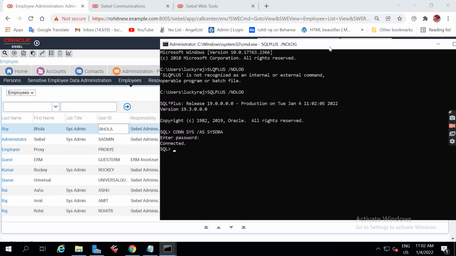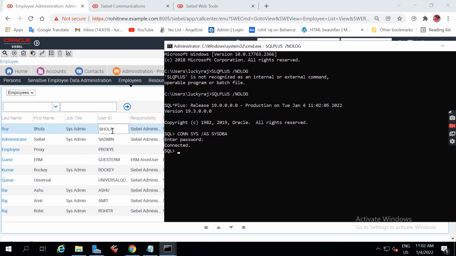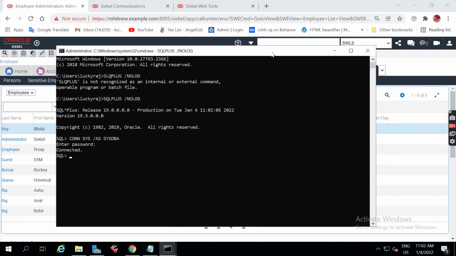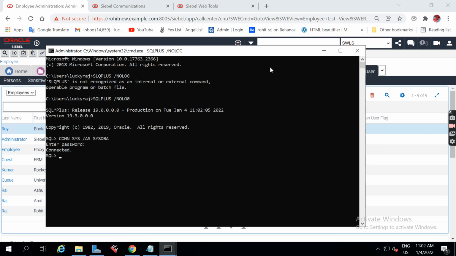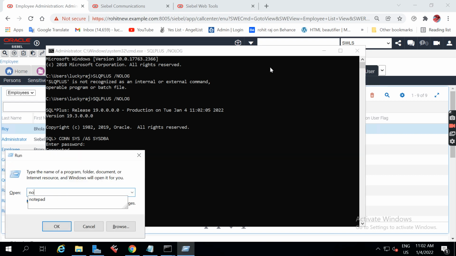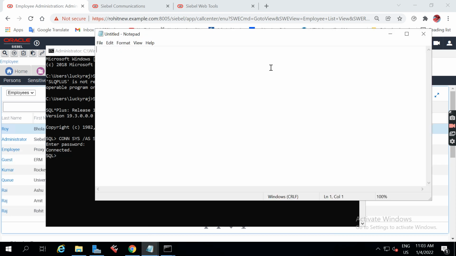admin will be assigned with the Bhola ID. For that we have to type some commands in Notepad, which will be very useful for us. The command I'm typing is create user. What is the username?